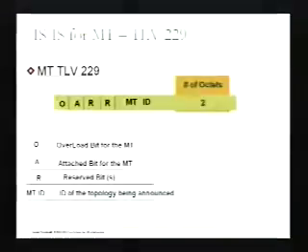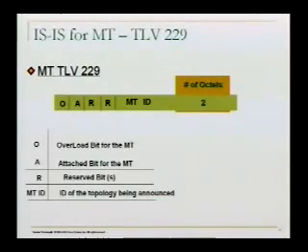The TLV 229, which is the multi-topology identifier, is actually sent in the IIH packet to say which topology the router belongs to. So here, every topology has its own overload bit I was referring to, or its own attached bit. So we see the O and the A, and then there are reserved bits, and then there is an MT ID, which is the ID of the topology identifier. Could be IPv4 or IPv6, and so on. And basically, this has 2 octets.